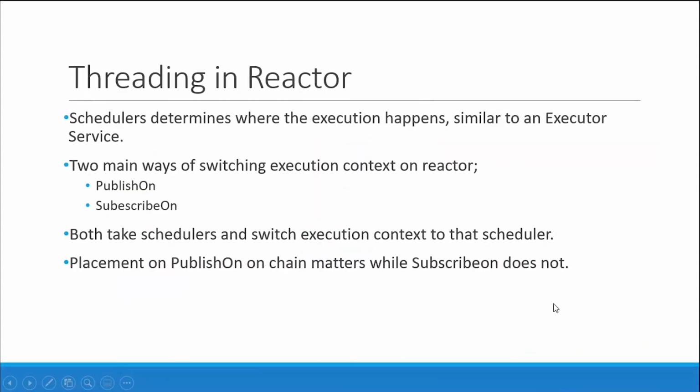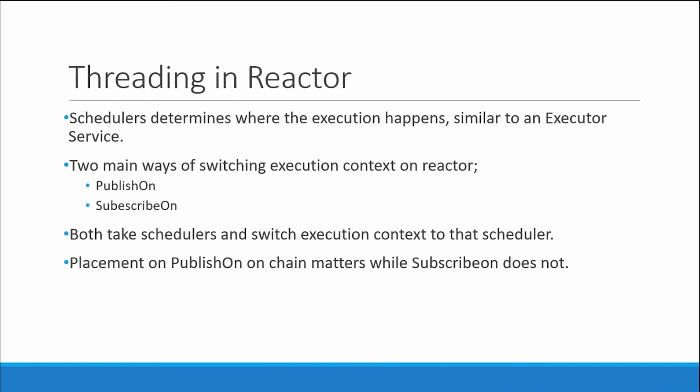So threading in Reactor. Here we have what we call schedulers. They define where the execution happens. It's more like an executor service in Java, but not an executor service. It has worker threads and its own timer inside the schedulers.